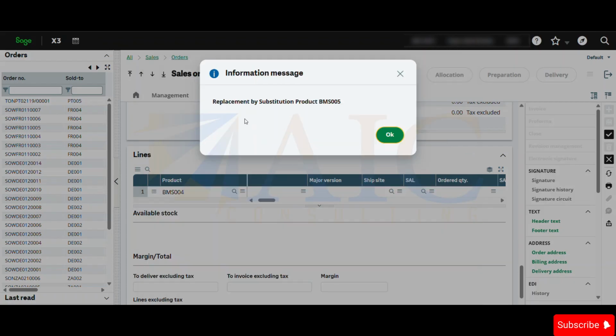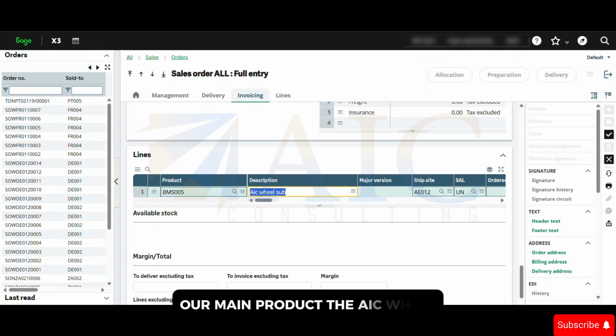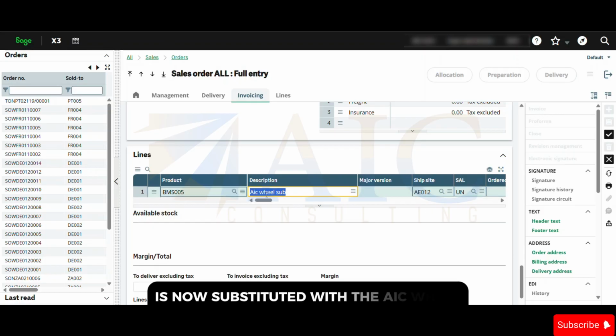And here we get an information message. Replacement by substitution product B, MS005. That's okay. And as you can see, our main product, the AIC Wheel, is now substituted with the AIC